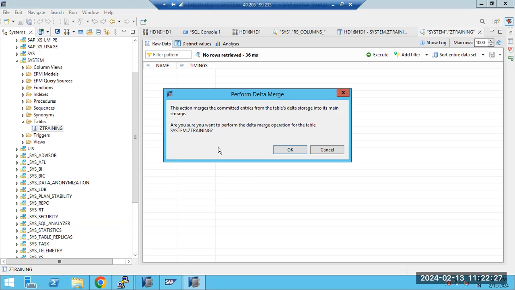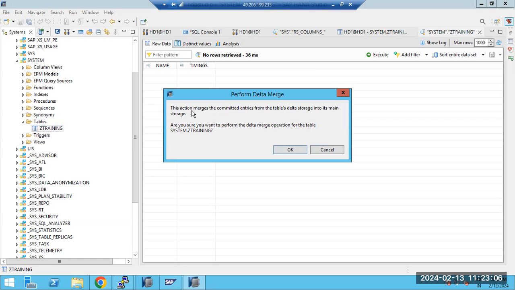Sometimes what happens is the changes will not be reflected in the system. Even though you moved one transport, the changes are not reflecting. Two transports, changes are not reflecting. Then you suspect there is an issue, and you start investigating whether the changes are moved or not. Sometimes, due to deadlocks or some other backups, the changes will not be visible here. So for that reason, we can perform the